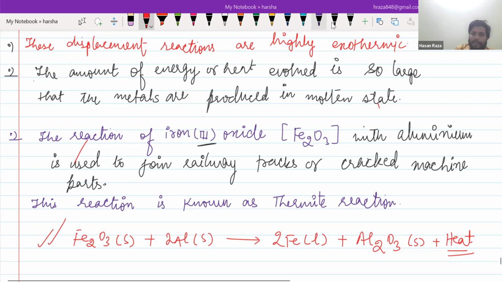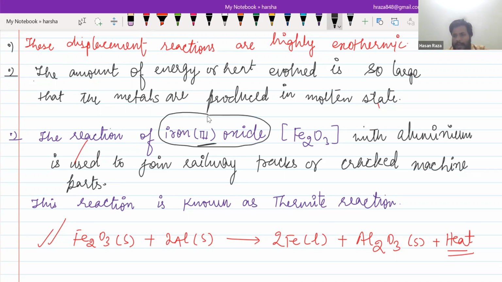displacement reaction. And the most important point here, iron 3 oxide: D block elements like iron, manganese, chromium, cobalt, nickel are metals, and these metals have variable valence. As you have studied in your class, sodium has a valency of 1 only, magnesium has valency 2 only, chlorine is 1. Some elements show variable